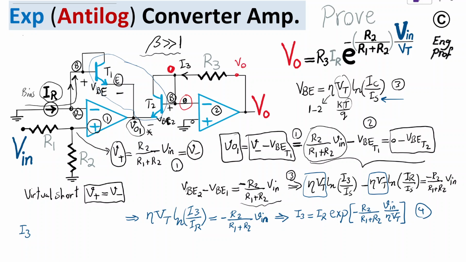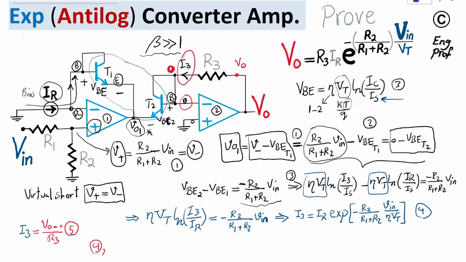Therefore, current I3 can be easily computed, saying I3 is equal to just with the direction that I'm showing is just V out minus 0 divided by R3. So I'm going to just substitute that. This is equation 5, and